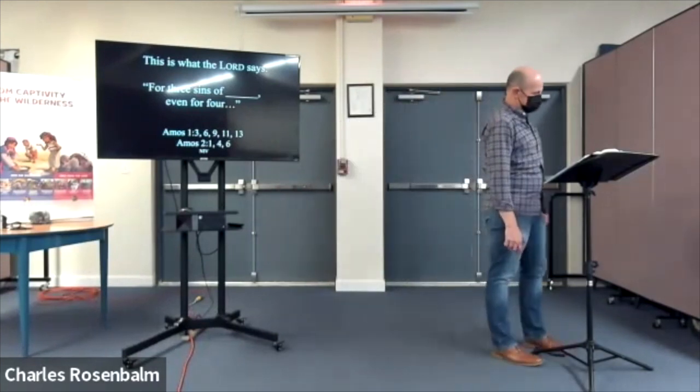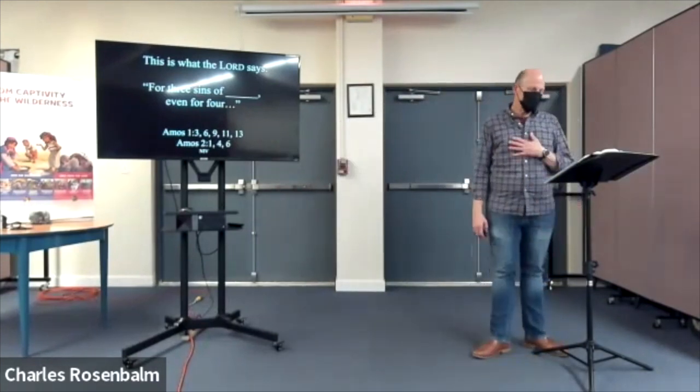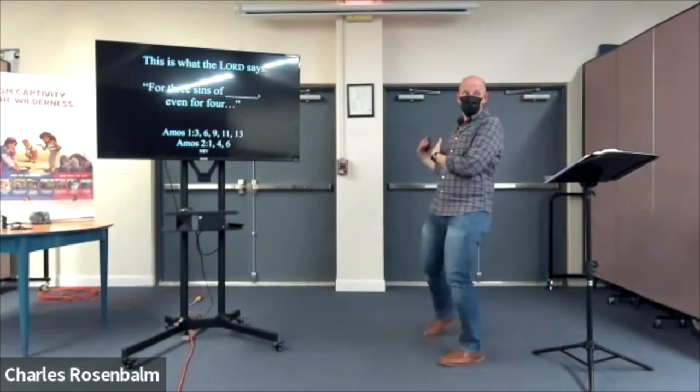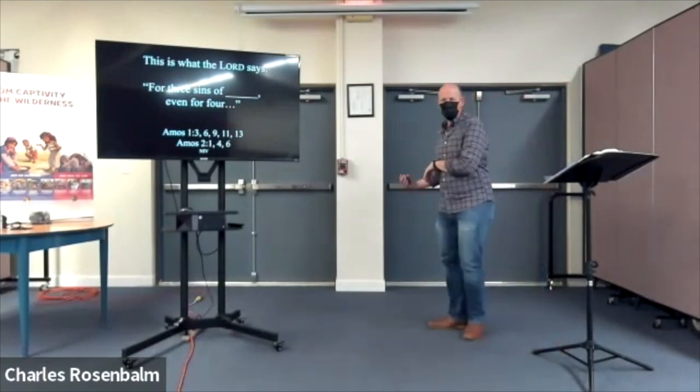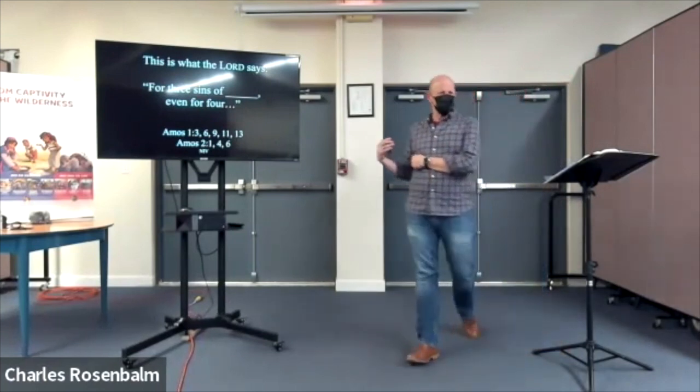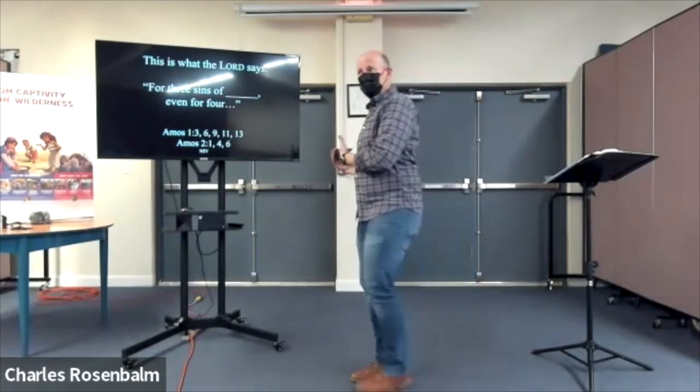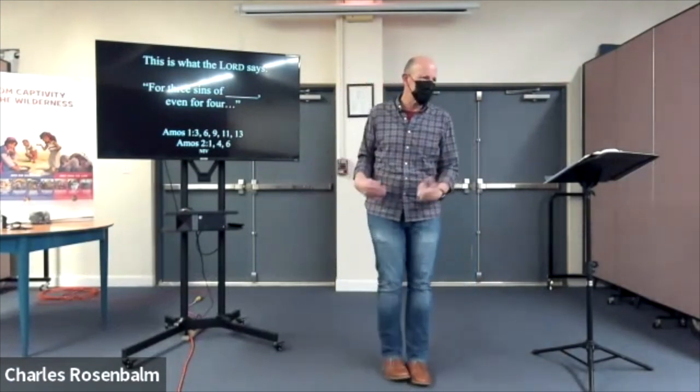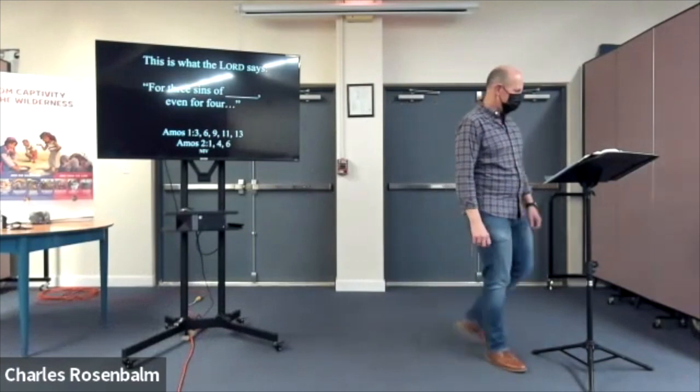And then in verse 4, for 3 sins of who? Judah. Well, that's a little close to home. That's his hometown, right? So maybe Israel's like, uh-oh. Maybe they're okay with that still, right? For 3 sins of Judah, okay, they're the neighbor to the south. Then verse 6, for 3 sins of